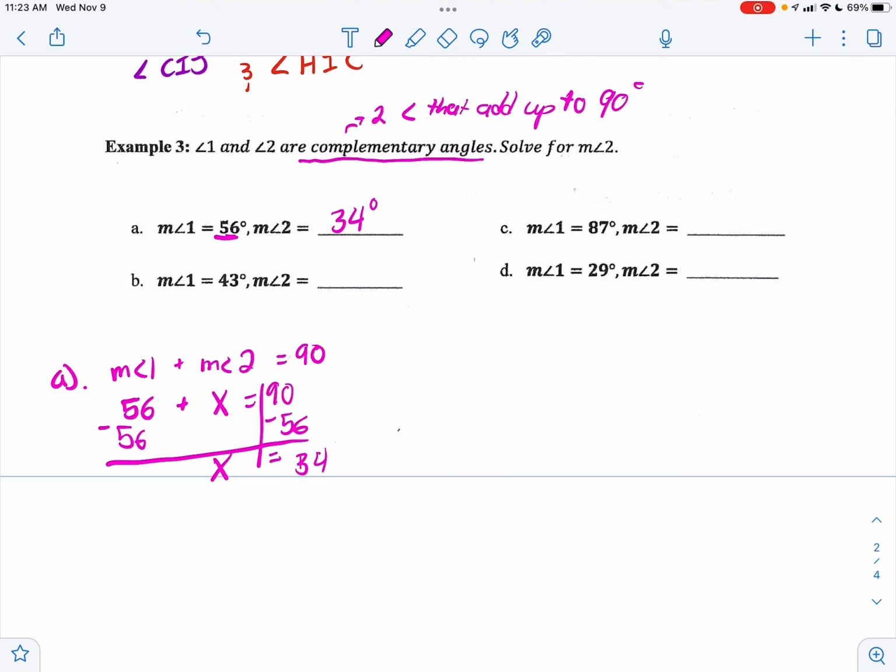So go ahead, take about 6 minutes and solve. I'm going to wait. Solve for angle 2 for B, C, and D. All right. So for B, you should have got